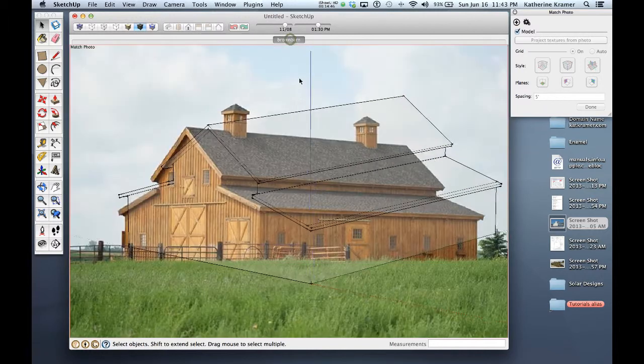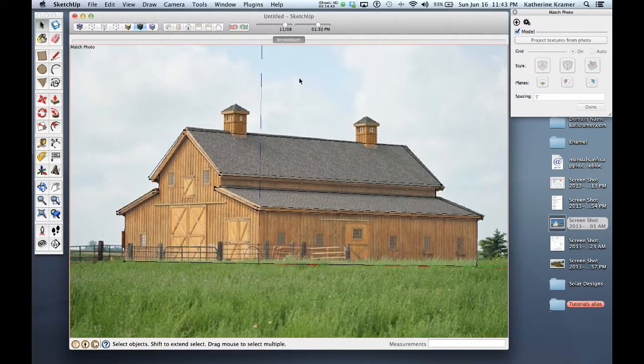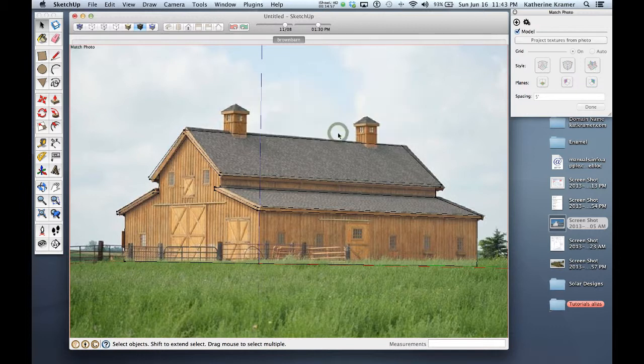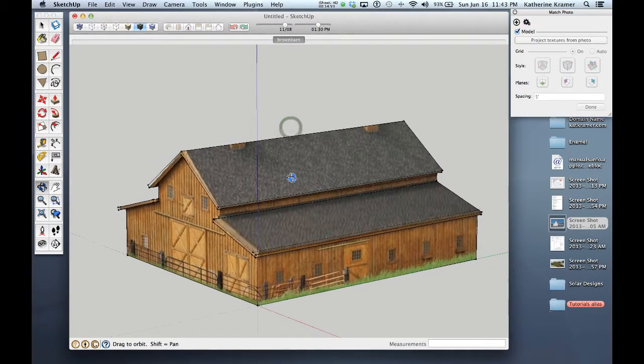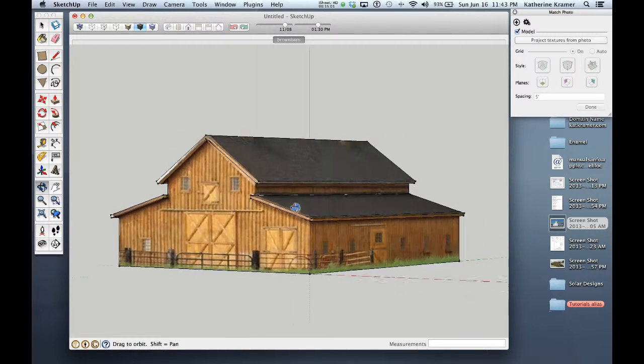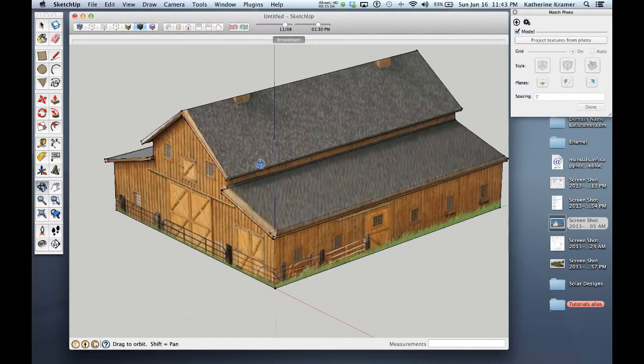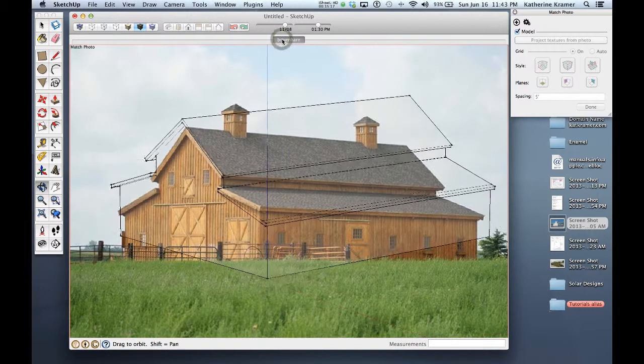Now, if I go back to the brown barn picture, check it out, it looks pretty good. And at this point, I can project textures from photo, overwrite existing, and don't trim partially visible. And you'll see that my drawing's actually looking pretty good. Now I could go in and actually draw these little peaks, I guess, not sure what to call them actually, but if I go back to the drawing,